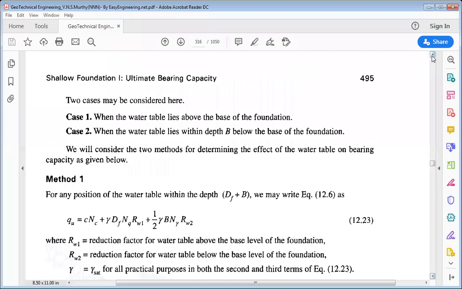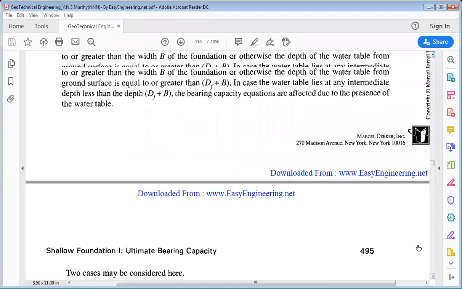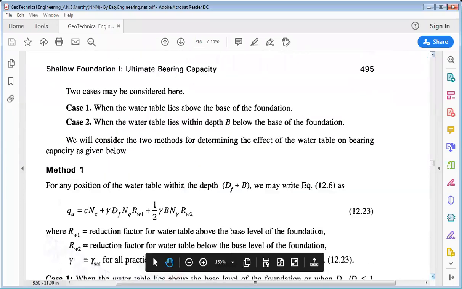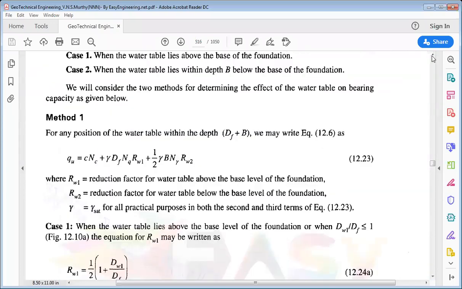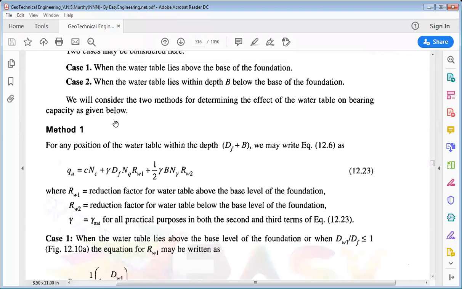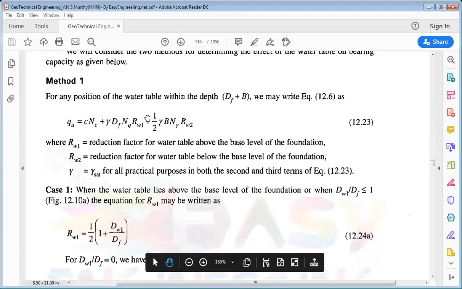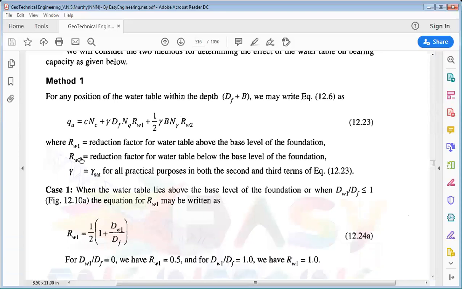So we have seen that there are some formulas that are used to find out the effect of water table on the bearing capacity. We already taught you that there are two methods to find out the effect of water table on the bearing capacity. The first method is the reduction factor method,